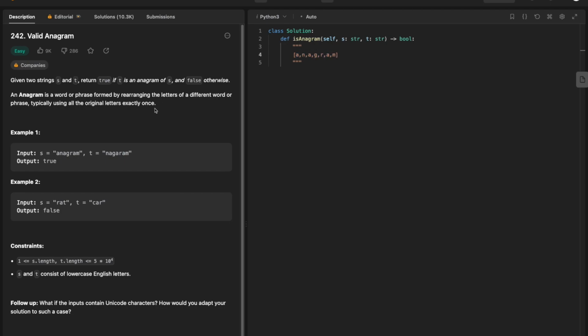So if we arrange this to see the same letters in them, I would think of perhaps adding the letters into a hash map